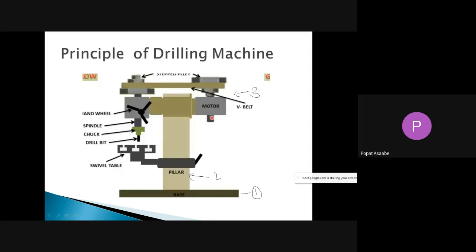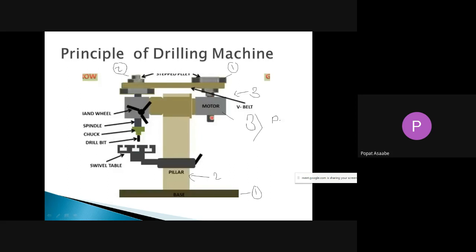Inside that third unit, it consists of a motor. This is the electrical motor. Then these are the stepped pulleys. Here is one set of stepped pulleys, and on this side there is another set of stepped pulleys, and both the stepped pulleys we can connect with the help of the V-belt. So unit number 3 is nothing but our power transmission unit.